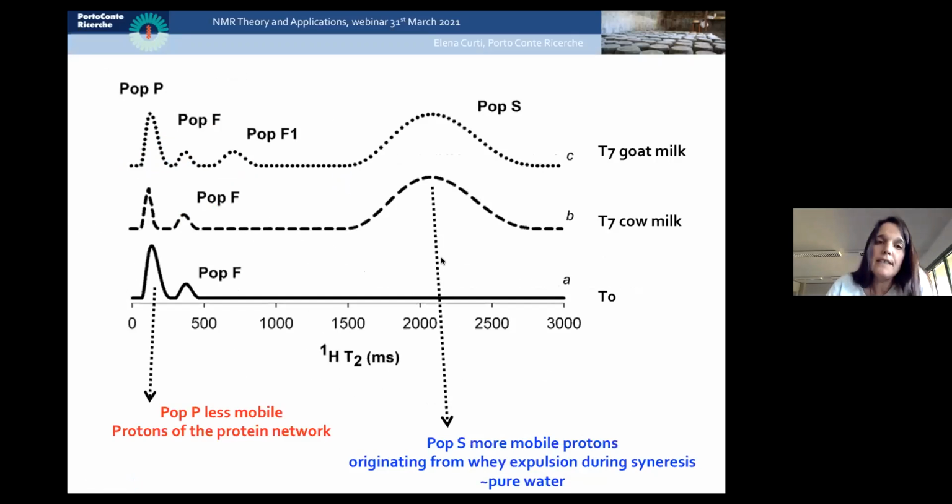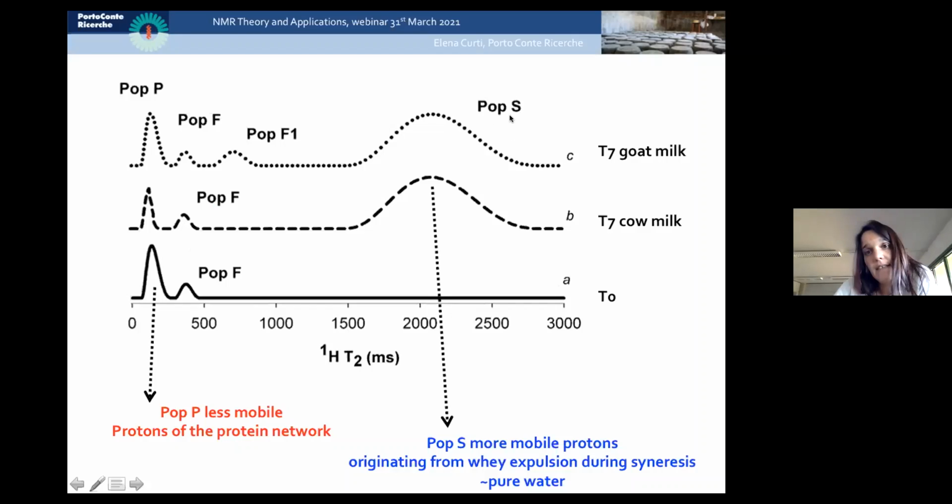At time 0, before we add the rennet, we observed the presence of a main population that we call population P, which can again be attributed to the protons that are interacting in the protein-water domains. But if we observe both milks 70 minutes after the rennet addition, we can see